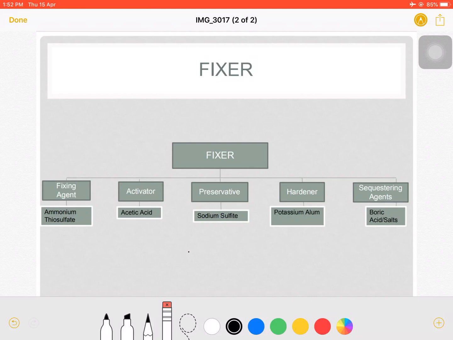Okay, so next is the hardener. Kung ang ating developer contains a weak or permanent hardener called glutaraldehyde, our fixer solution is a strong hardener. Okay, this is the major component of our fixer solution. It raises the temperature at which the gelatin softens and prevents too much absorption of water by the gelatin. Our hardener makes the film less susceptible to physical change. Okay, so the hardener components are potassium alum, also aluminum chloride,